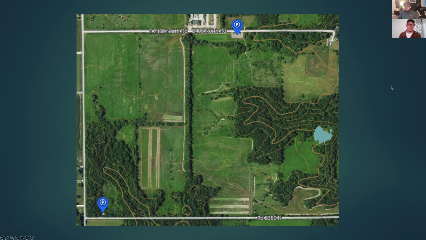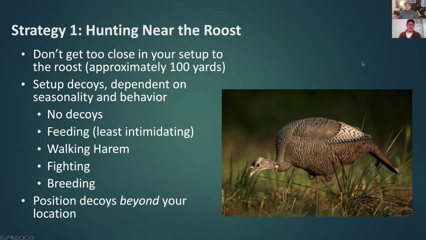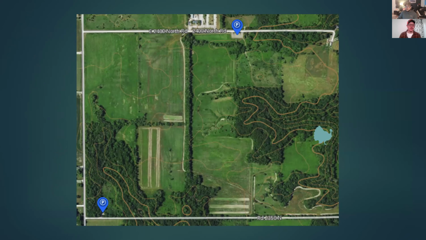Yeah, to me, if you know the bird's in that corner, you know basically exactly how to hunt it because you got that road to the south that doesn't 100% have to be a barrier, but it probably is a barrier.